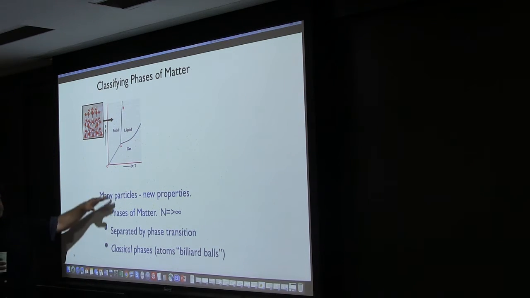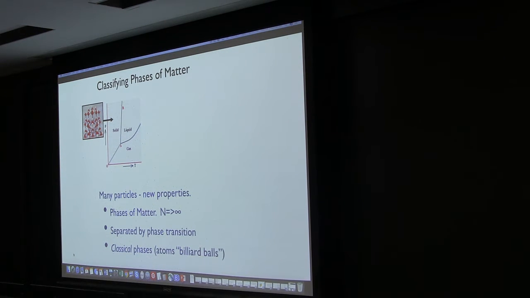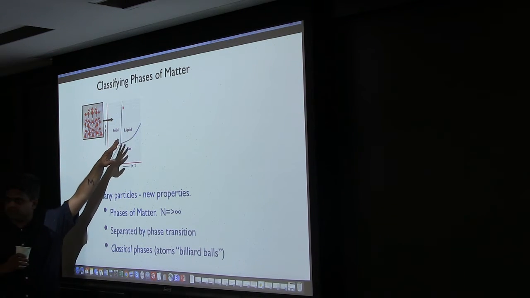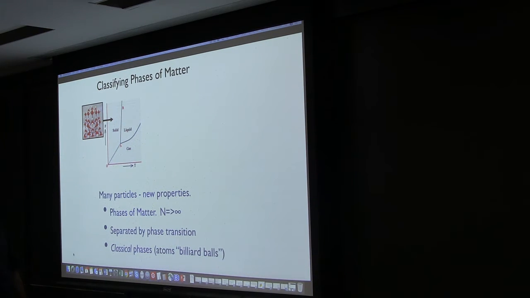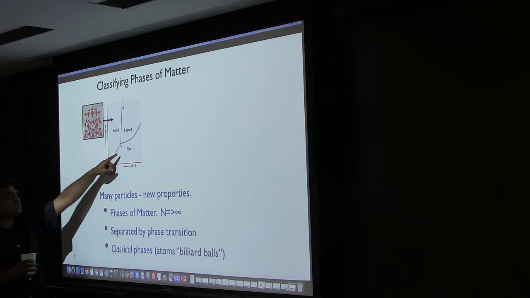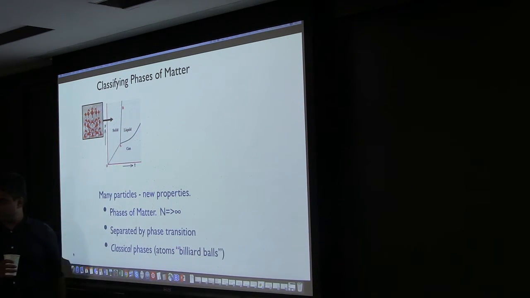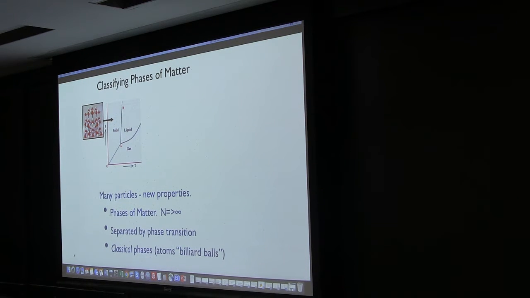Fortunately, the physics of quantum systems, and in fact even of classical systems, is much richer than you would expect from just this phase diagram. This is just the starting point, but already there's something interesting here: you can ask, are these really different phases? For example, are the gas and the liquid really different? We know they differ a lot in density. At ambient pressure, liquid water is 1,000 times more dense than a gas, so you can't be confused about which is the liquid and which is the gas.